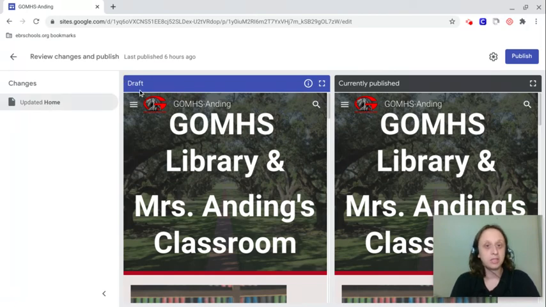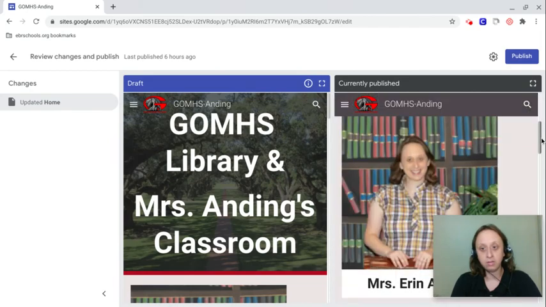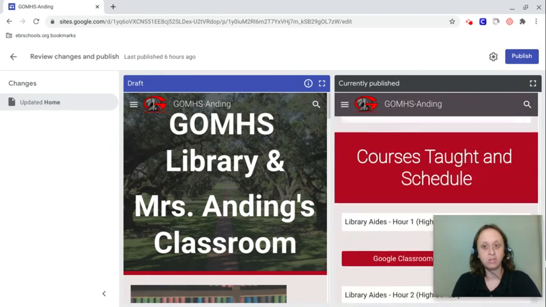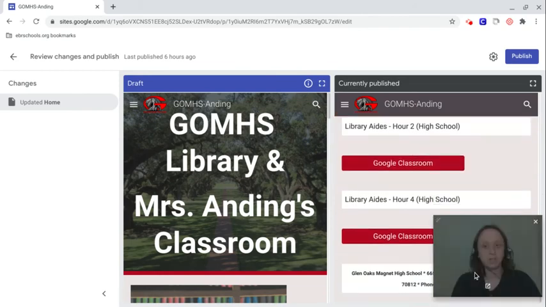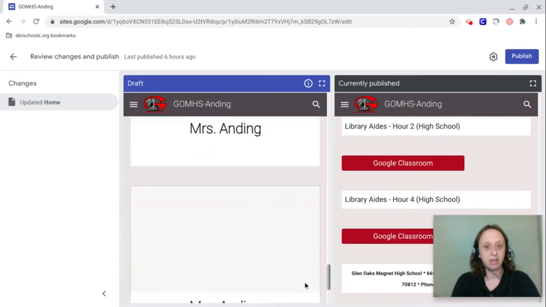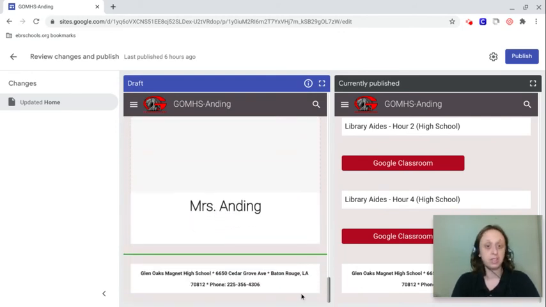Okay. I'm going to see the draft and what's currently published. So I can scroll down. It's kind of in cell phone view, but gives you a good idea. And I notice that, this is what it is. And down here, I realize that I've done this thing where I've added Mrs. Anning and some placeholders. If I like that, I hit publish and it is being seen by the internet world at that point. If I don't,